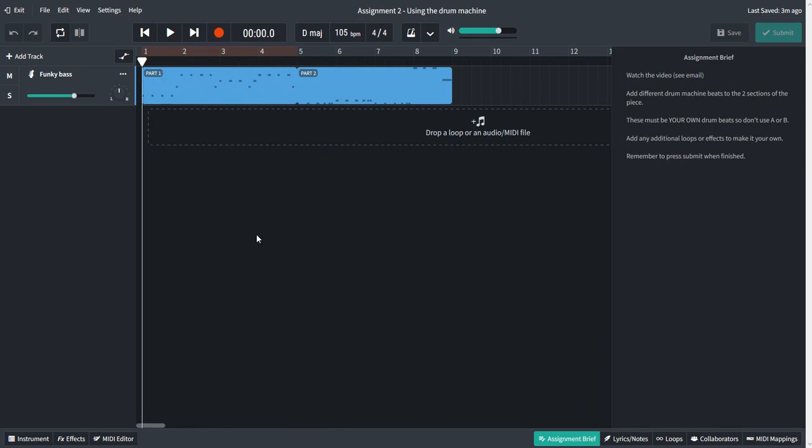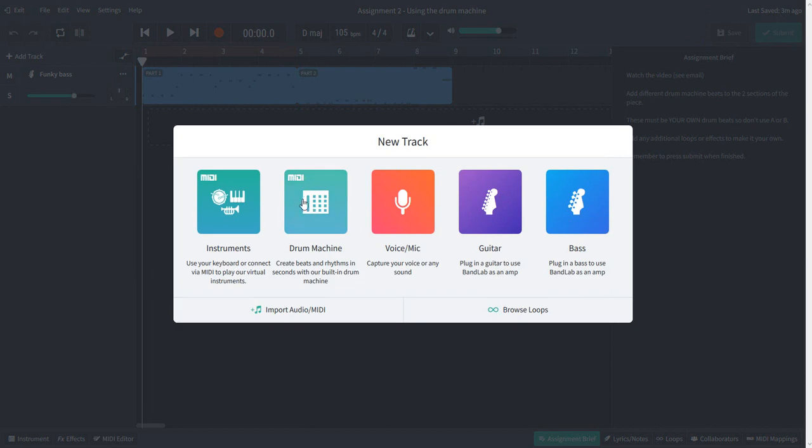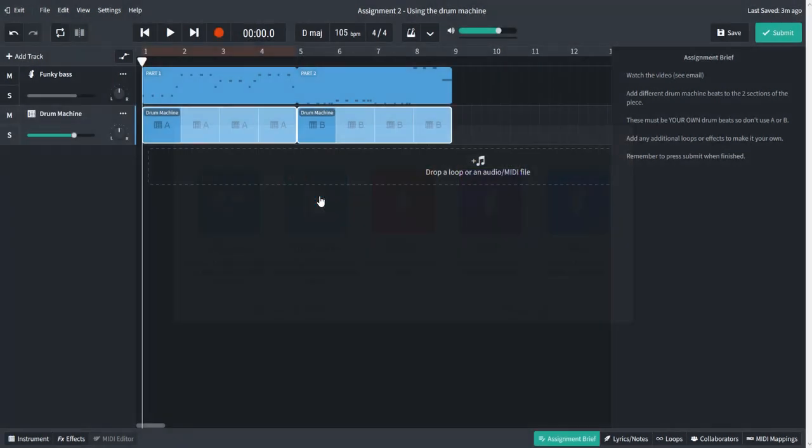Now what we want to do this time is add the drum machine instead of adding loops. So go ahead and press the add track button, which is up here. And you want to press drum machine this time. And one drawback of the drum machine is it thinks you automatically want it to do a drum beat for you. So it's put in a drum beat for me,